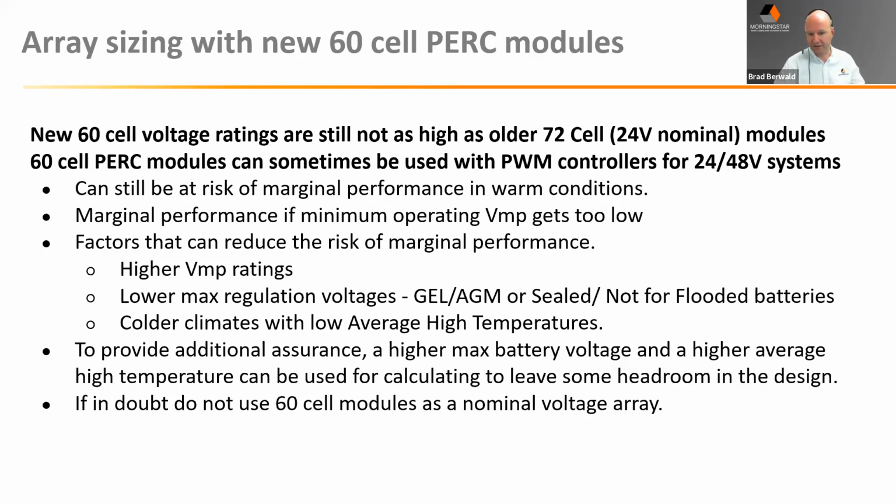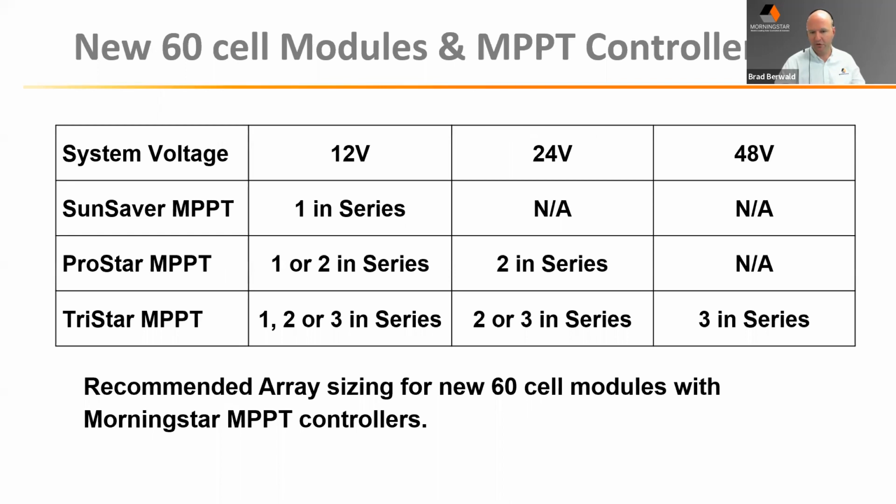Always a cautionary tale with 60 cell modules. They're always a bit of an oddball in terms of off-grid modules. You just want to make sure, they're not ideal for PWM controllers, and they're still a little bit shy of a nominal 24-volt module. So we really recommend them more with MPPT controllers, especially in series when that can be done. But always be careful when you're doing lower voltage 12 and 24-volt systems, especially if you're still using a PWM controller, just to make sure that the voltage is adequate. Okay, especially in high temperatures, because that's when they tend to go down in voltage and you can lose your charging capabilities.